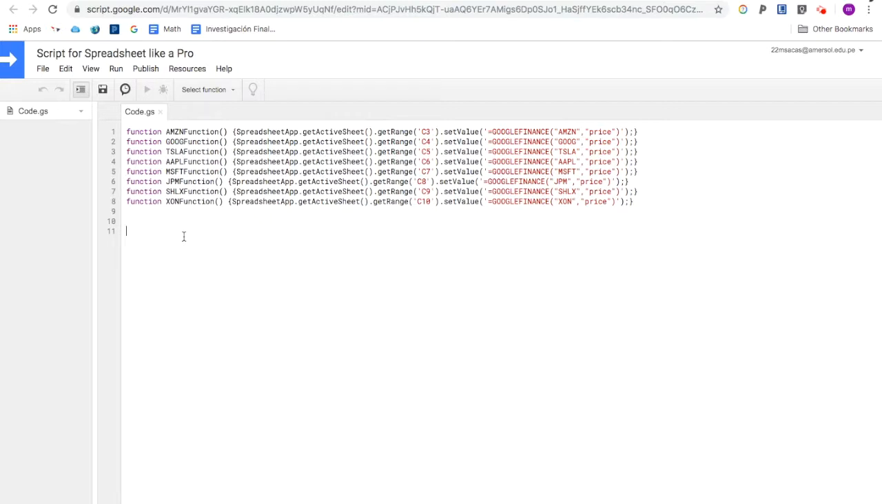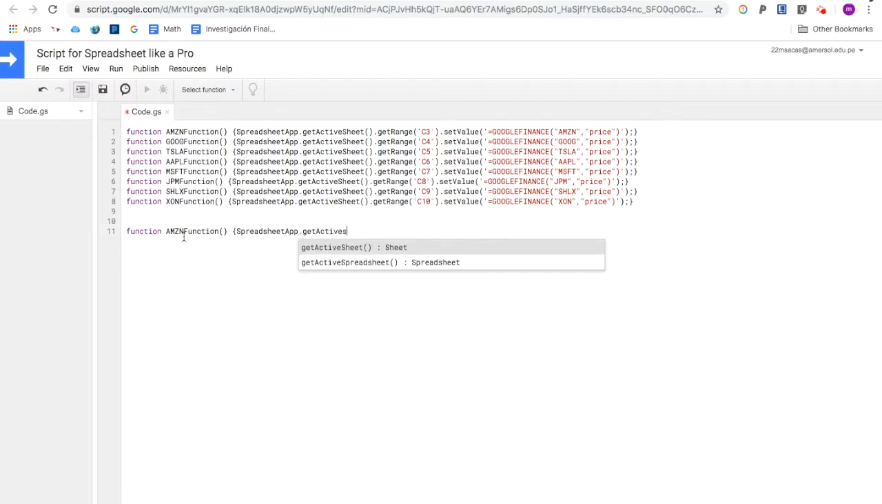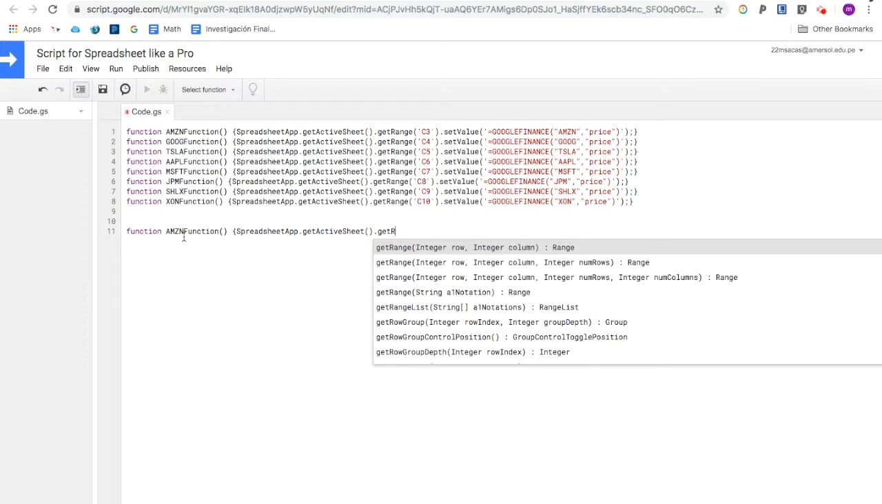So you have to type function. I'll do this as an example. Function call. Then you have to type the name of your function. I'll type Amazon function to help me organize myself. And then you type spreadsheet app, get active sheet, get range,